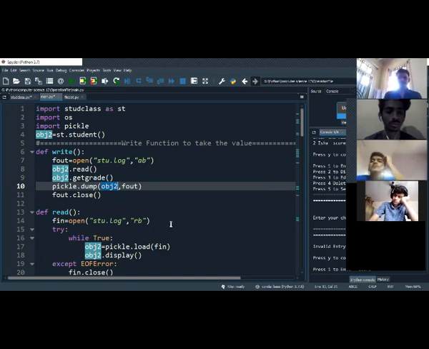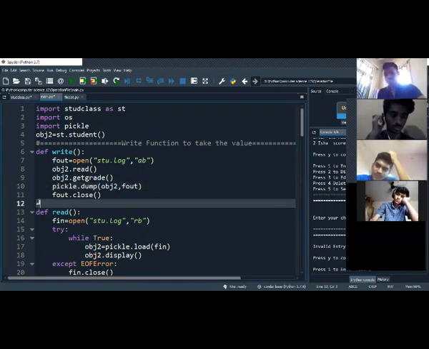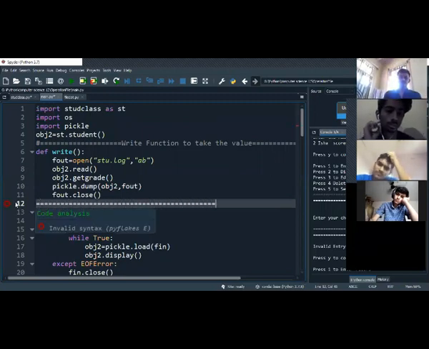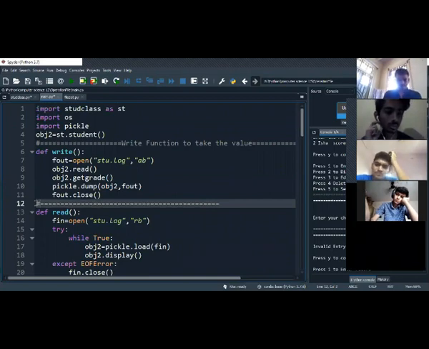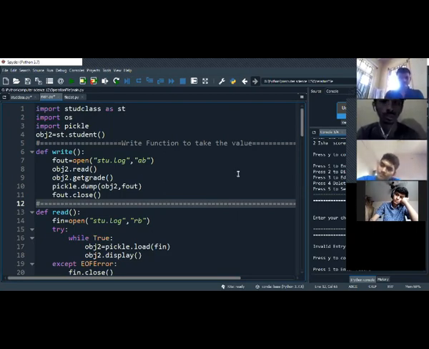Okay. Clear? So this is my write command. Clear here? Yes, sir. When I run this write command, it takes the value in fout mode and prints it on the file. So my write command ends here. This function's work is to read from the user and write it on the file.